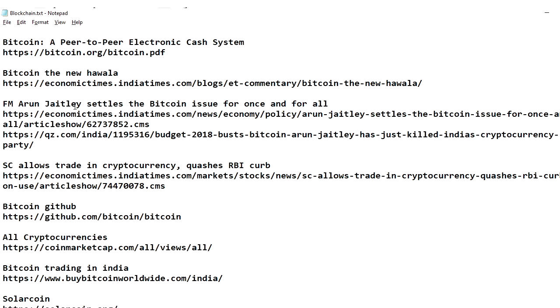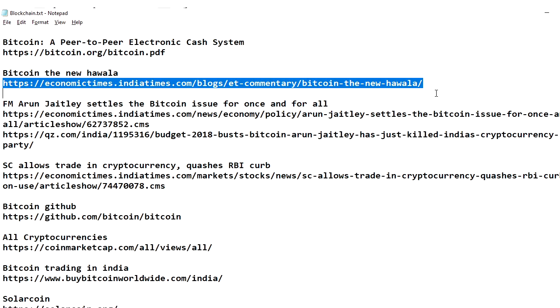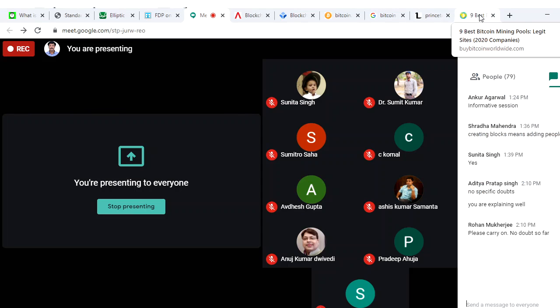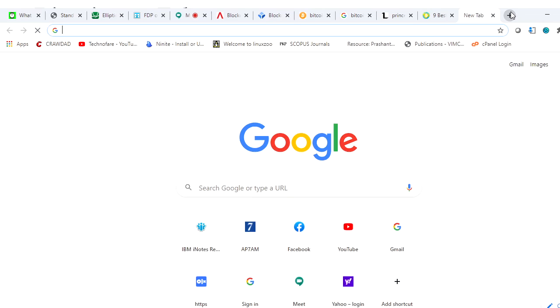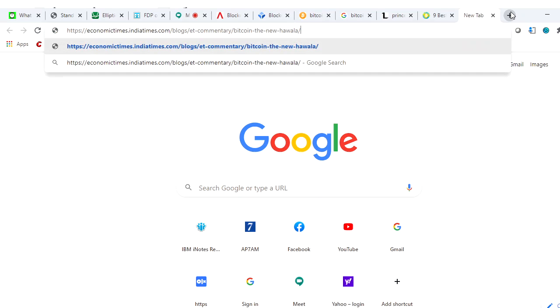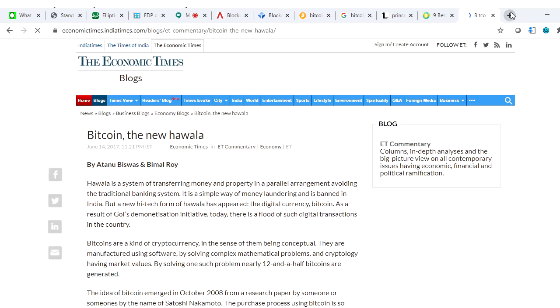Okay, we'll go for some more things that are somewhat eye openers for us, like whether the Bitcoin is good or not. See, all are available online. I am placing these particular URLs in a notepad file, and after completion of the session, I will upload them, and you can also download them and see afterwards. See, whoever wants to study Bitcoin must read this paper first. This article,